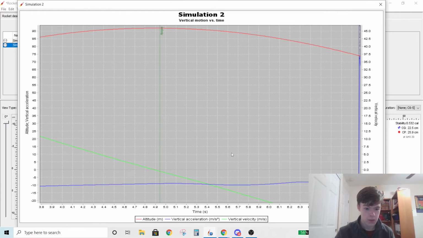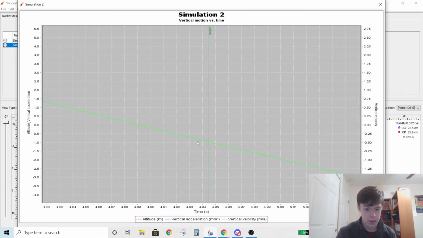Let's zoom in here. Apogee is where it goes up and then falls back down. Evan refers to this as zenith. I don't know why. But the other important thing is vertical velocity changes from positive to negative. Now, OpenRocket has not precisely timed where this happens. It's off by 4/100ths of a second. How dare it? But